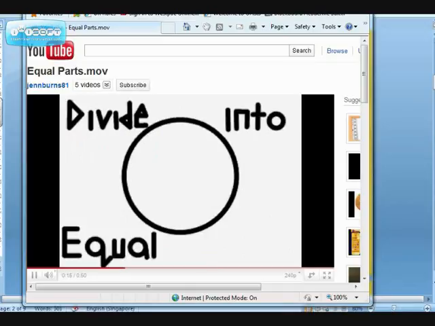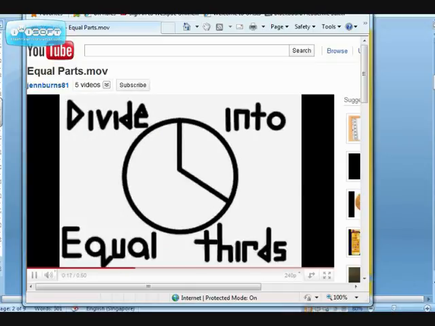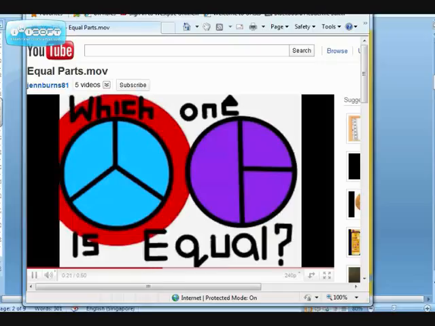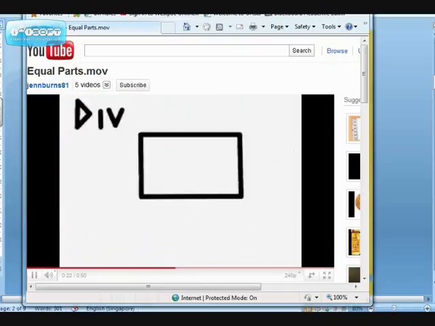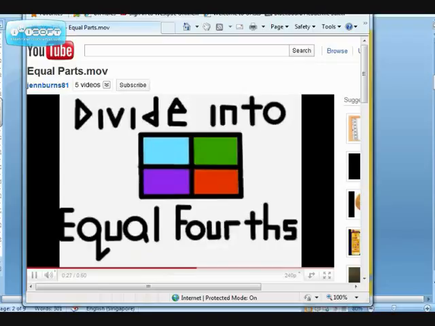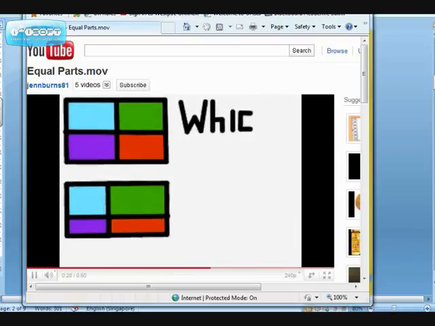Here it depicts a circle area. One is divided equally. Which one is that? And lastly, it divides a rectangle into quarters. Again, kids will enjoy this video and really get to understand which one has equal parts and which